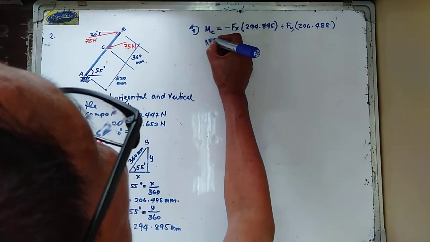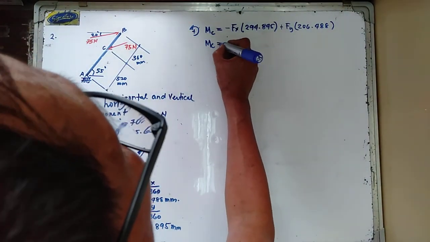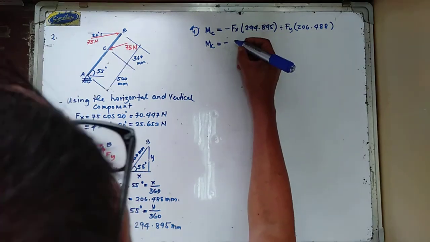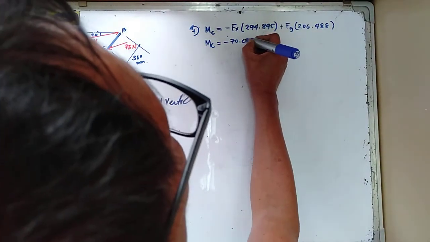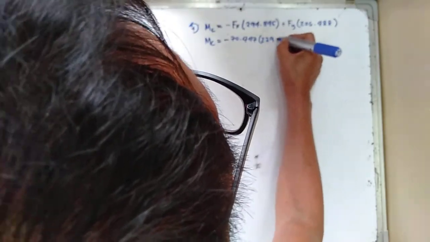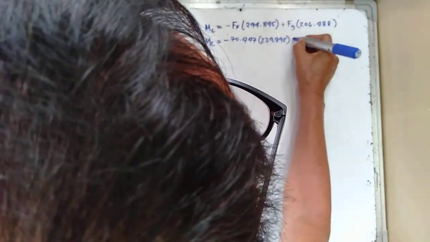And therefore, the moment produced by the couple is minus 70.447 times 229.895 plus 25.652, multiplied by